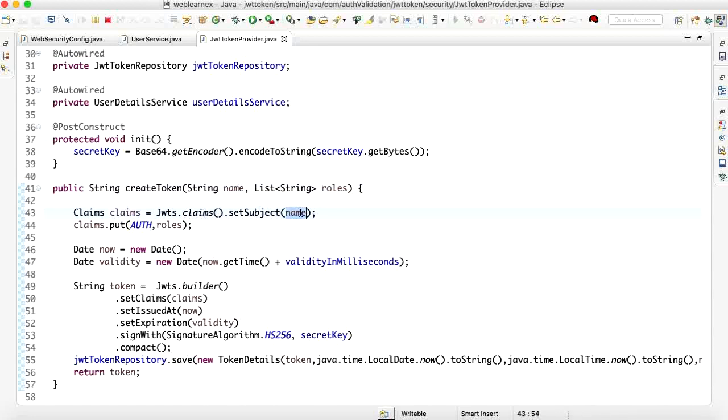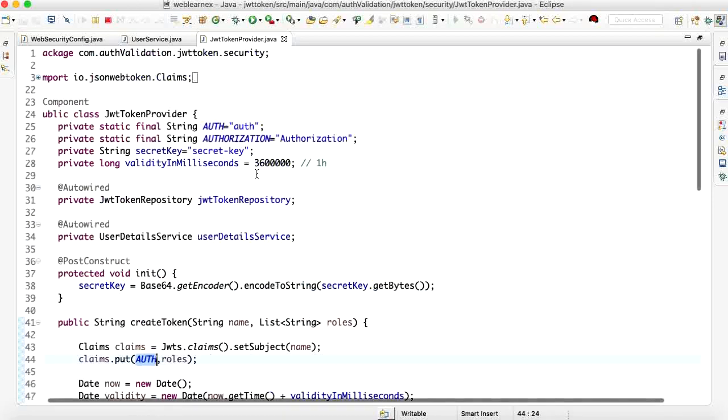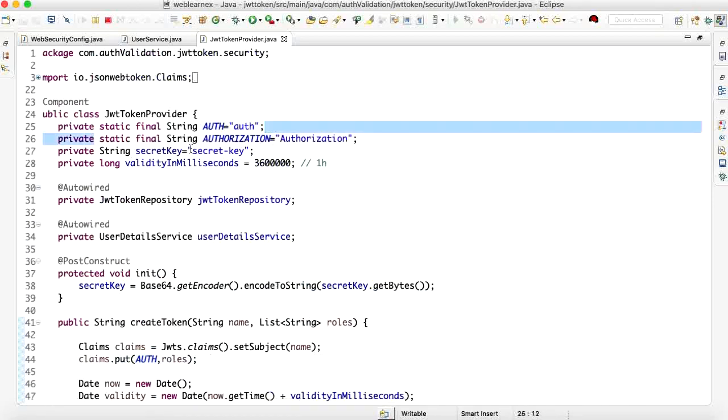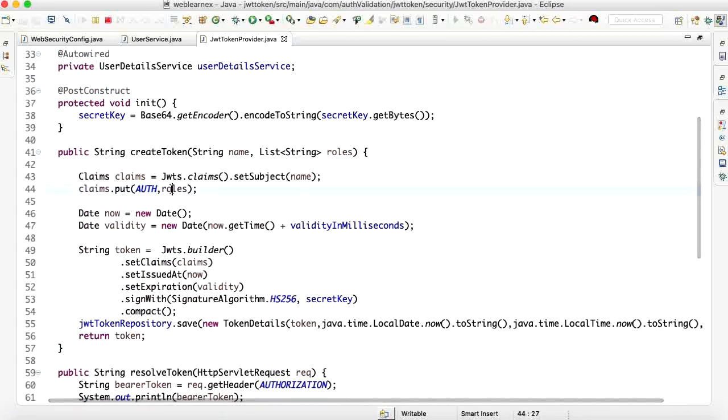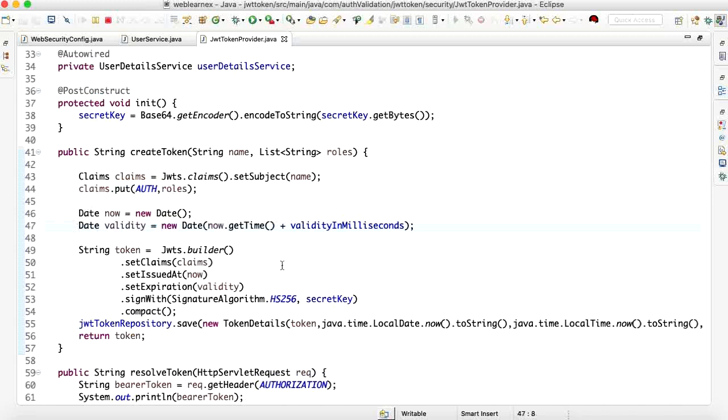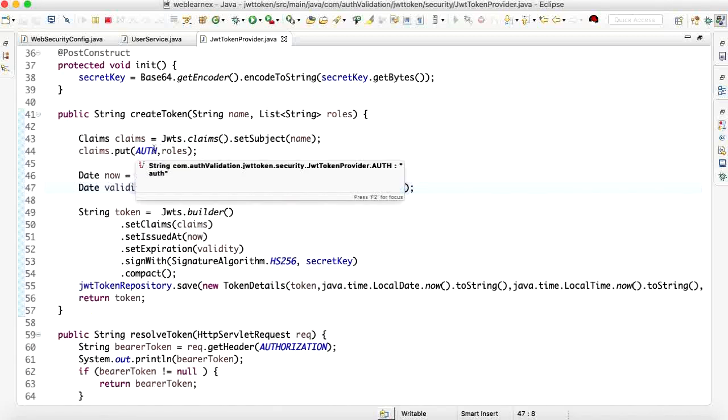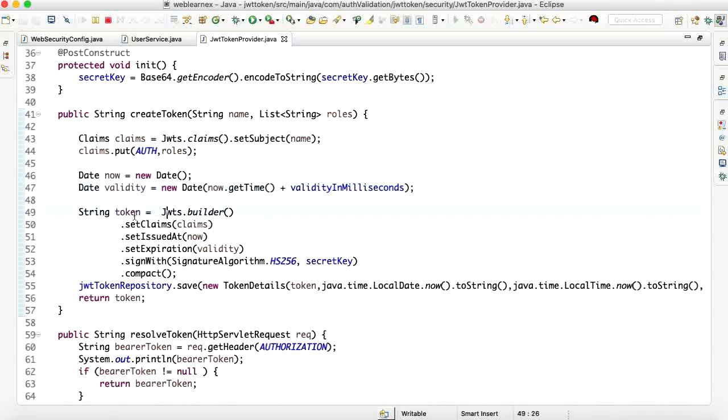Here the user information is denoted as the claim. It puts in the authentication information with the role, and once the validation is successful, it will create the JWT token.